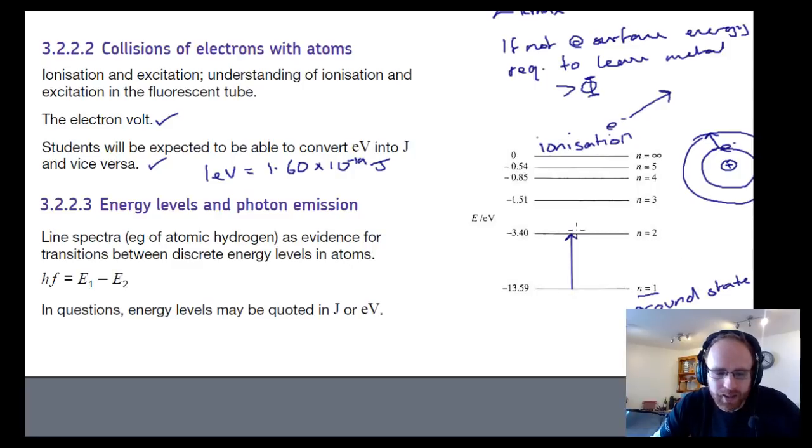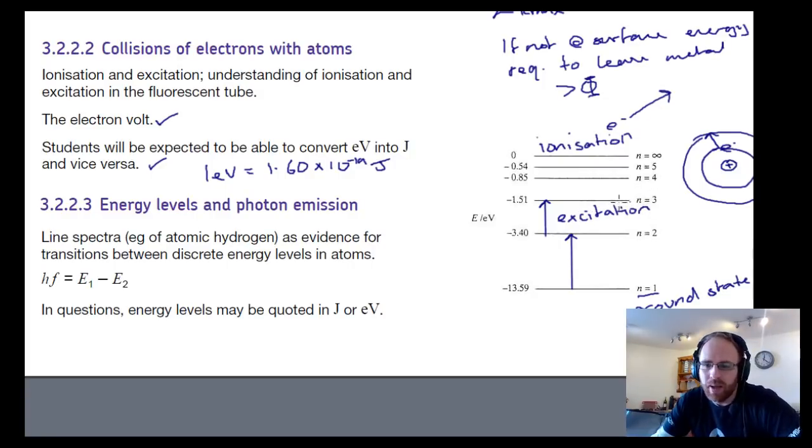In these other cases where I have transitions between other energy levels, this is called excitation. And there are two methods for excitation. It could be a photon, which interacts with an electron and raises it up an energy level, which is a little bit different